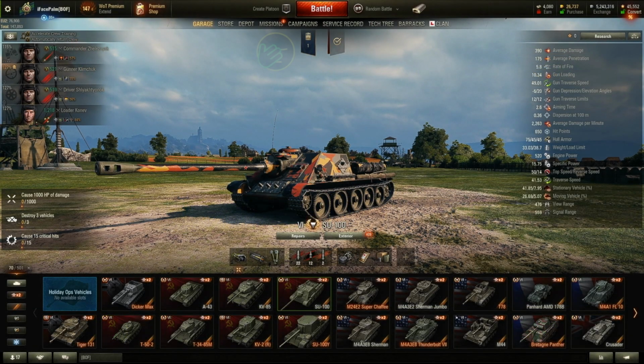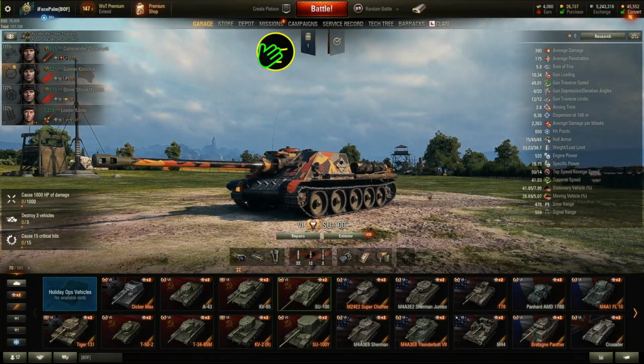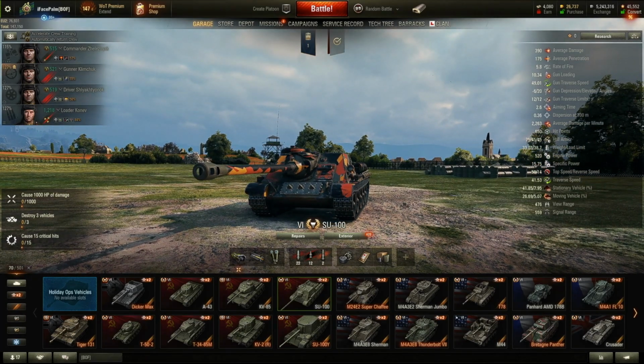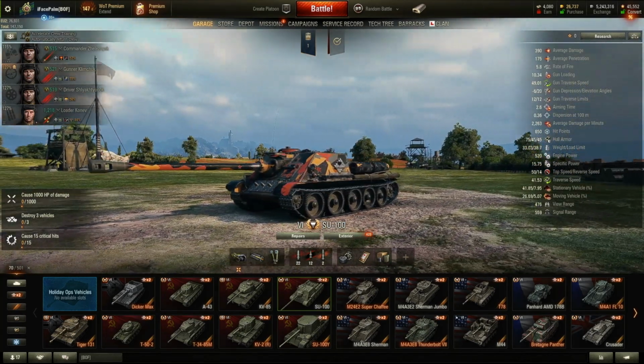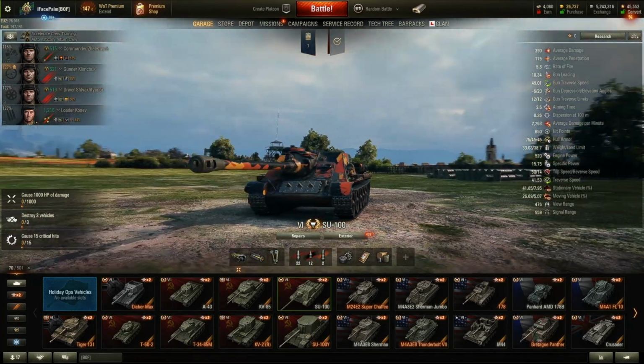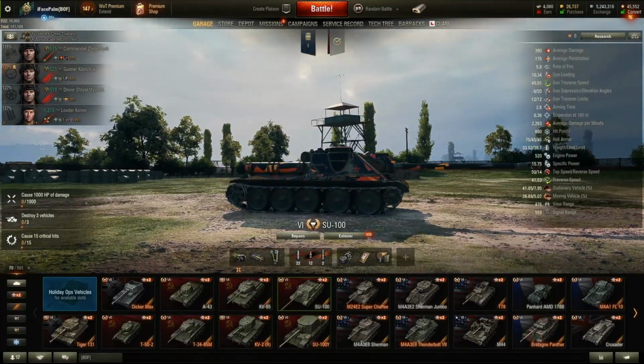My nickname is iFacePalm, and in this episode we're going to take a closer look at the Soviet Tier 6 Tech Tree tank destroyer, the SU-100, which features a surprisingly devastating and hard-hitting gun. During this tank review we'll be looking into whether it's worth the grind, how its tank statistics look, and I will compare its stats against other similar Tier 6 tank destroyers, which will be followed up with an extensive